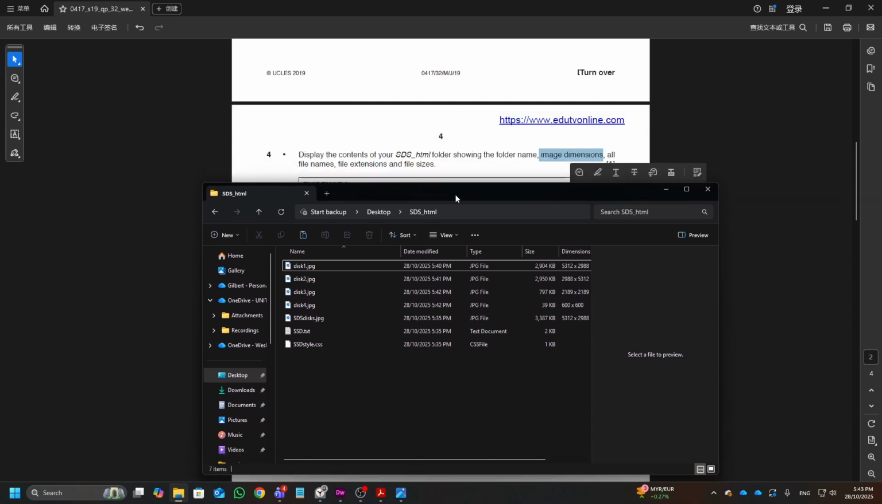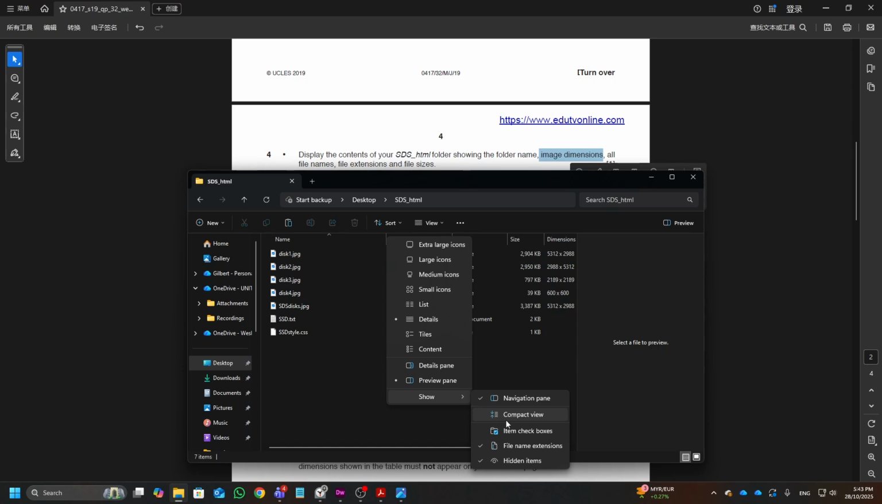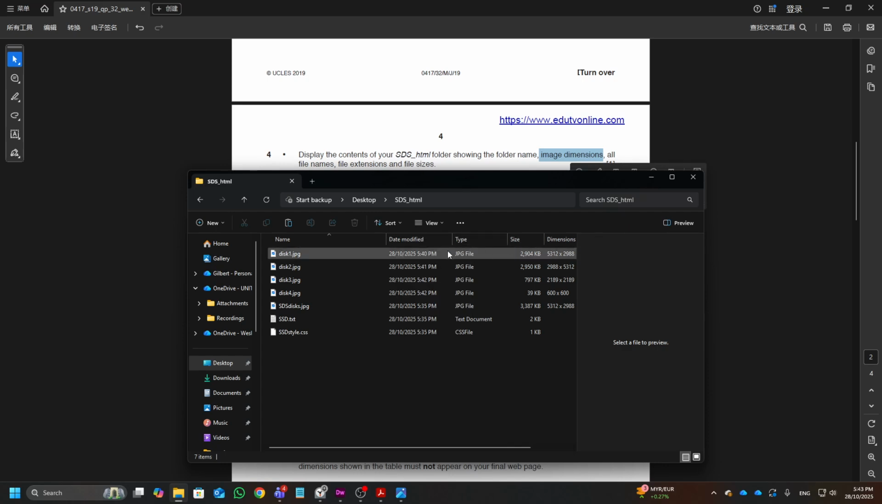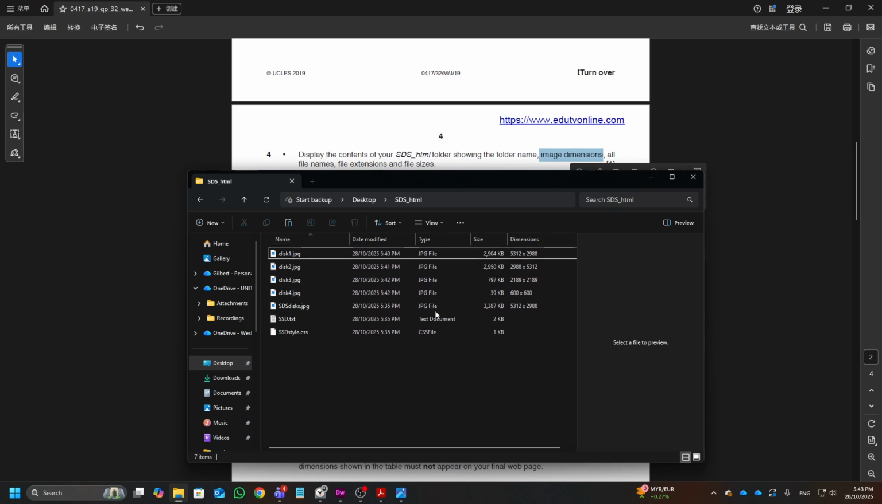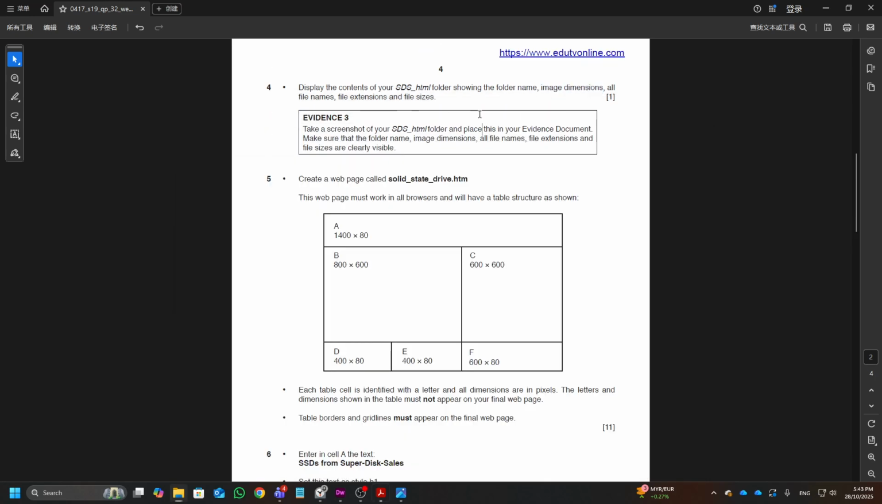Okay. Next, all file names. Yeah, file name, file extension. If no file extension, you just go to show file extension. Yeah, it's tick here. And file size. Okay, I have. So drag it to make sure all words appear. No missing items. Okay, take a screenshot